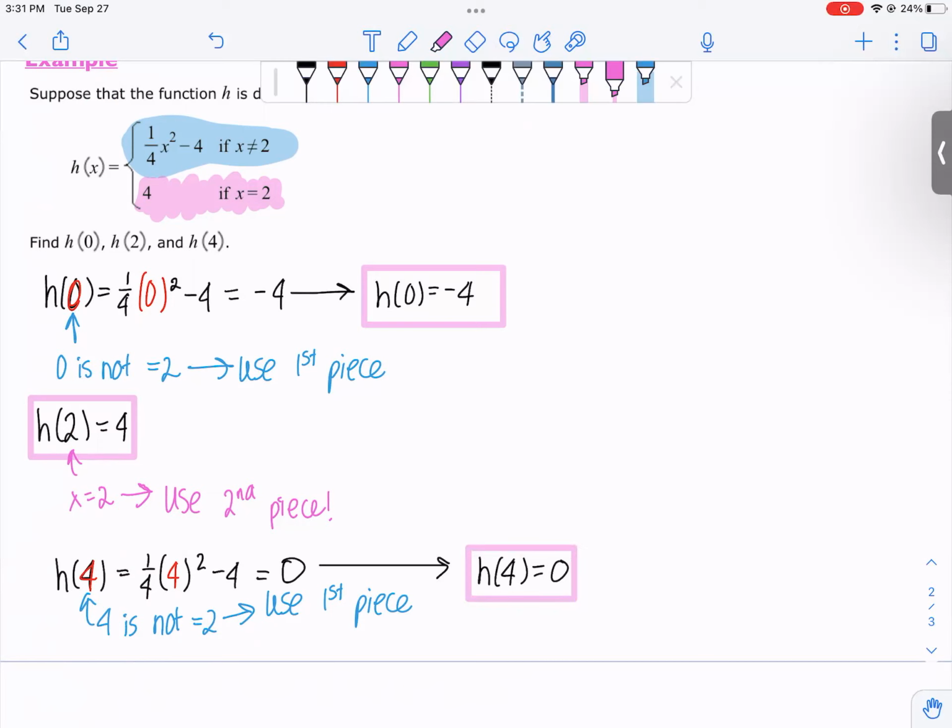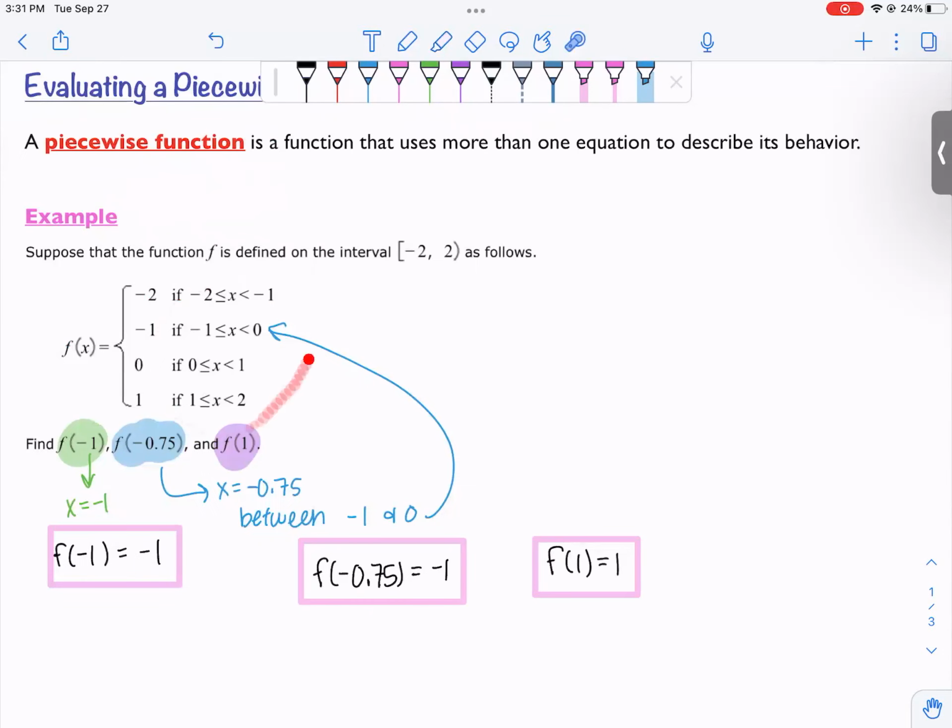So practice some problems, practice the piecewise function problems, evaluating. It's not bad. The hard ones really are going to be things like this, where you have to pay very, very close attention to which ones are less than or equal to, and which ones are strictly less than, right? So maybe just one last thing. If I look at all the places this breaks up, -2, -1, 0, 1, and 2, 2 is not in the domain. f of -1 we already did, f of 1 we already did, but let's look at f of